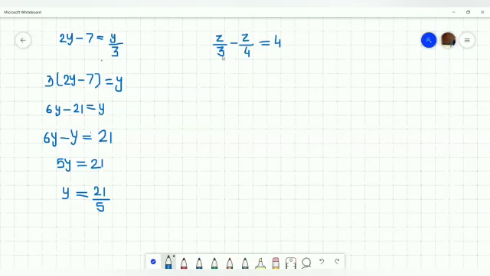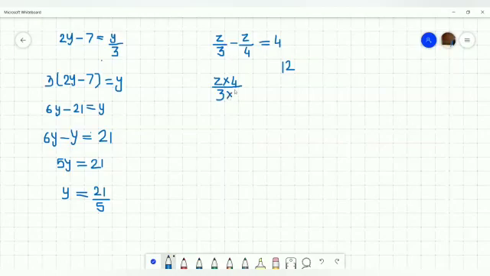Solving the second one, here we have both the denominators different and both the denominators are on left hand side. So first we'll take LCM. You know that the LCM of 3 and 4 is 12. So first we'll write Z multiply by 4. This we are multiplying first term Z upon 3 by 4, both the numerator and denominator.